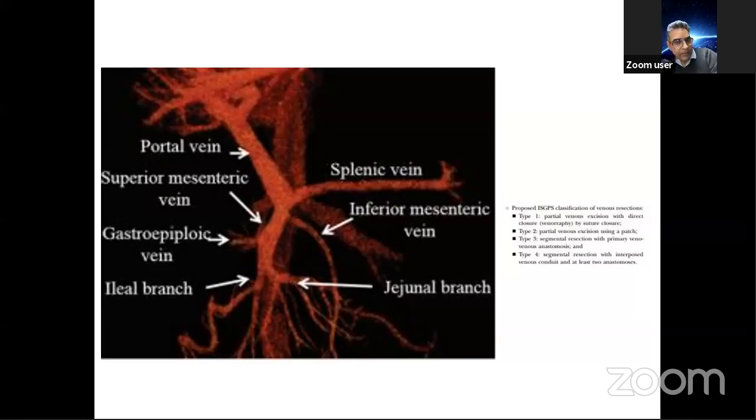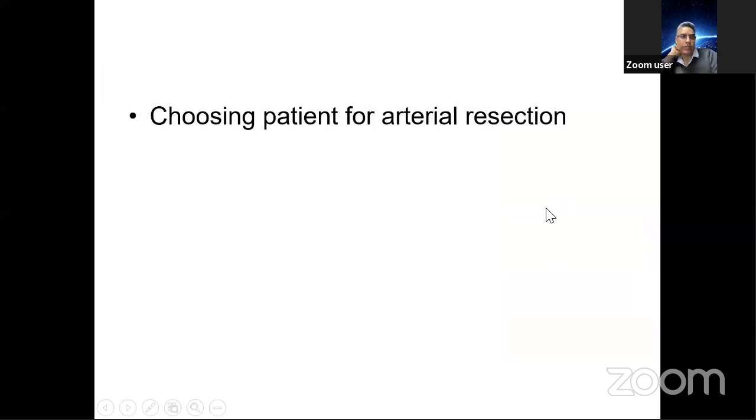Next slide, please, Nikhil. Yeah, so for completion's sake, choosing the patient for arterial resection. A short segment hepatic artery involvement or a GDA involvement going up to the hepatic artery is considered borderline resectable. And the resection of that artery is definitely on, with resection and reconstruction. And so is any accessory right hepatic artery arising and coursing through the tumor.